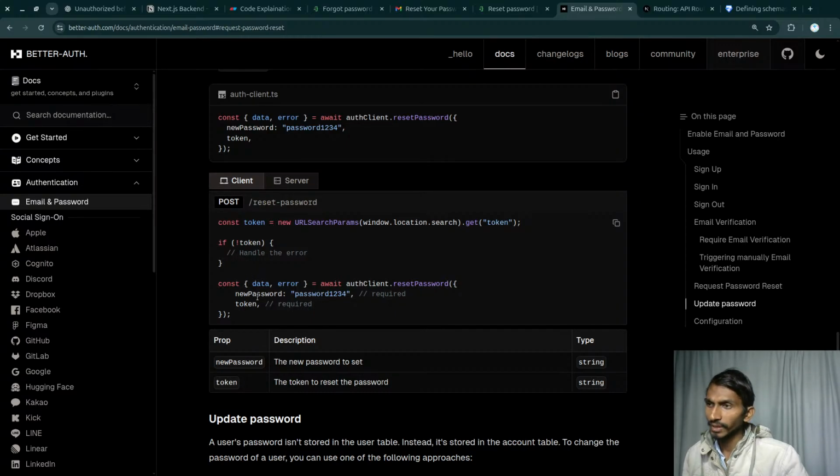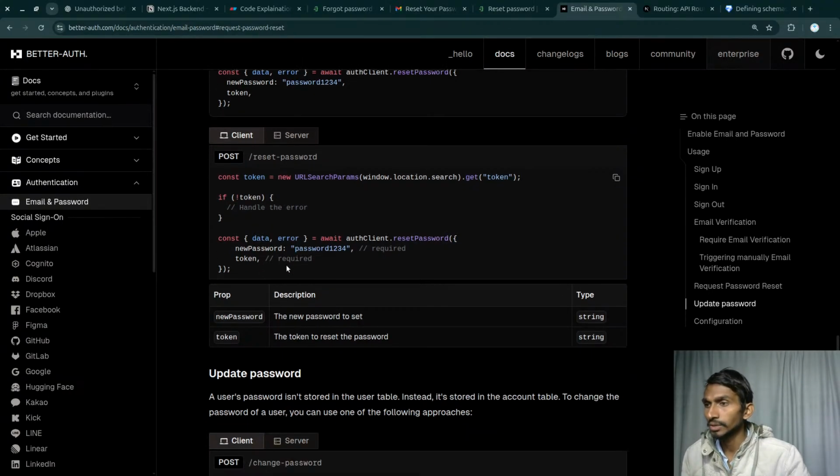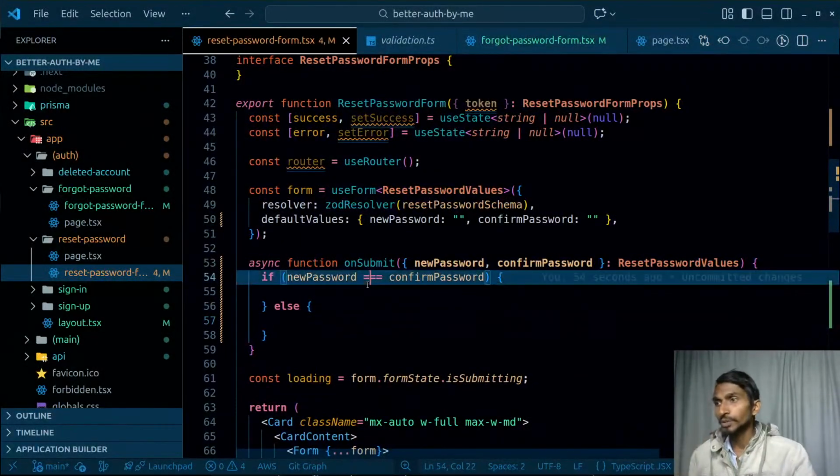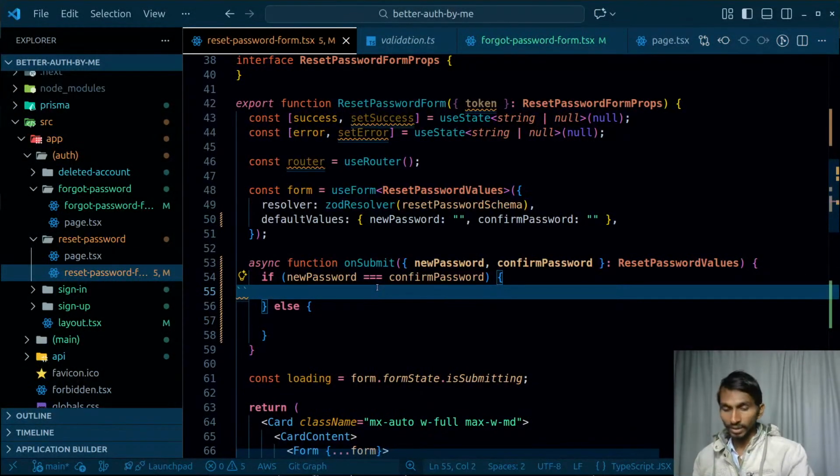If a token does not exist, then I will just simply redirect the user to the login page, and I can say your token does not exist and all. As simple as that. So I can come here. First of all, this particular thing, if passwords are equal, then I don't have any problem. I can just simply say const